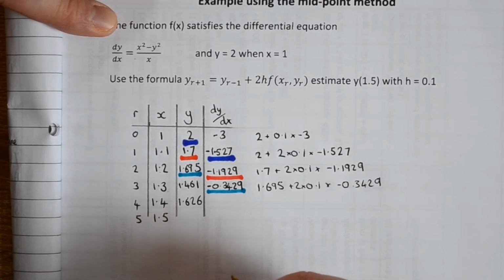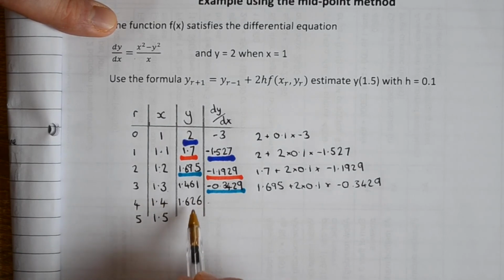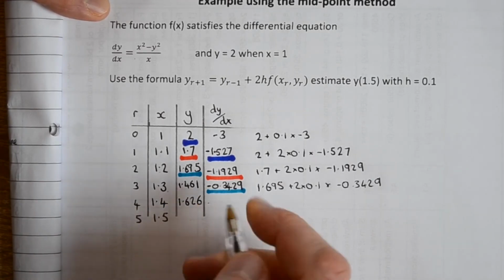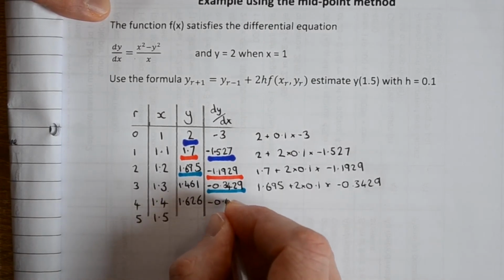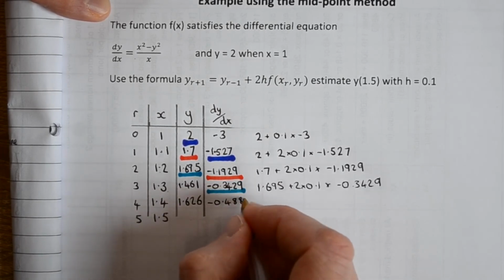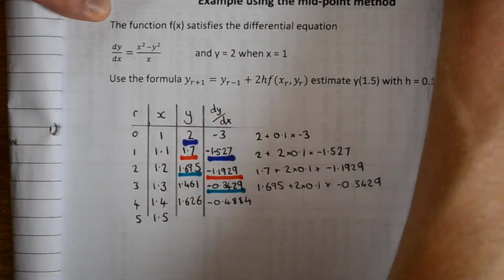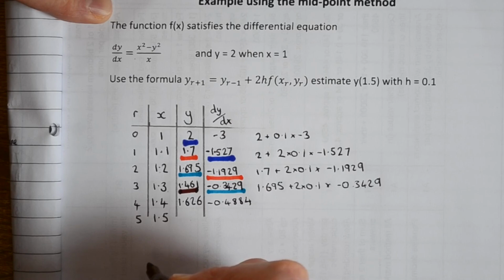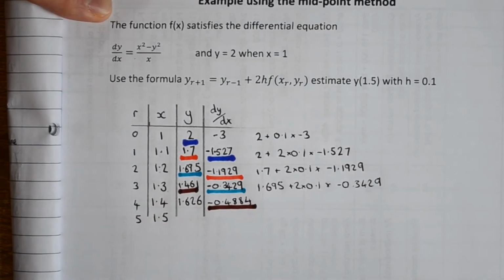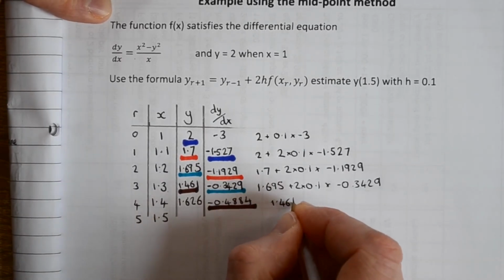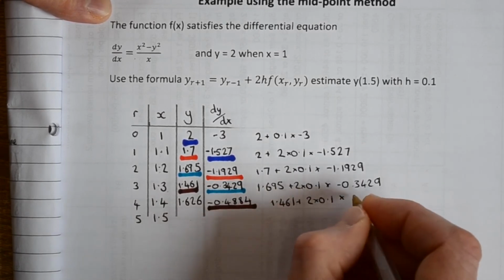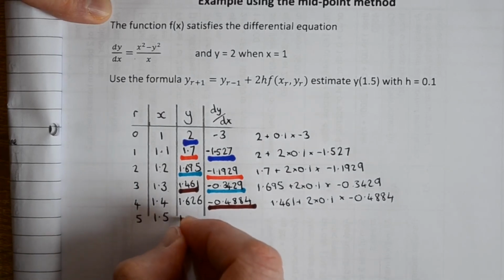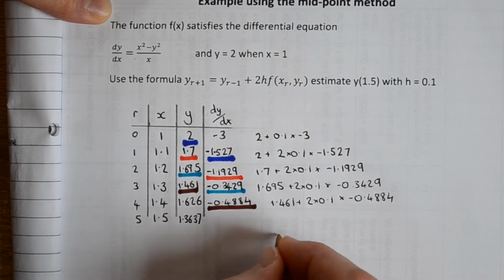One more double step to take, but before we do, we need to know the gradient at this, what will be the middle point when we're stepping up to our fifth point. So x squared minus y squared all over x gives us a value of minus 0.488. Let's add the fourth decimal place for good measure. Okay, so now we can find, for this value here, we need to go back the 2 spaces for our y value and then take 2 steps at that gradient. So it's 1.461 plus 2 steps at that gradient. And our value is 1.3637. So final answer